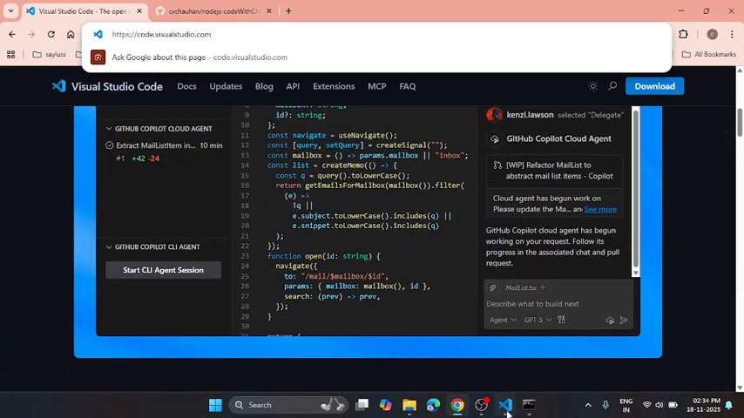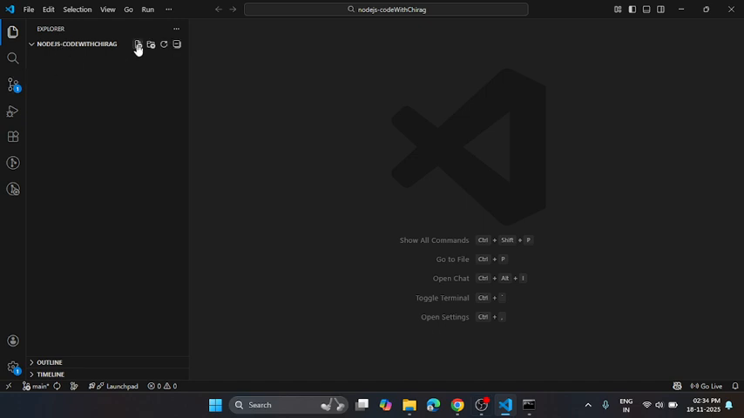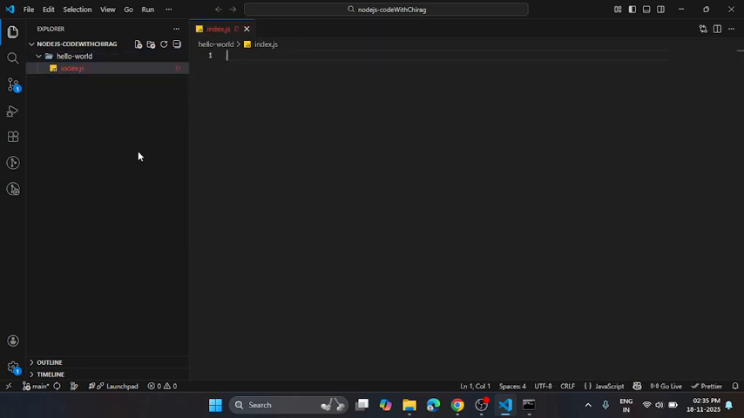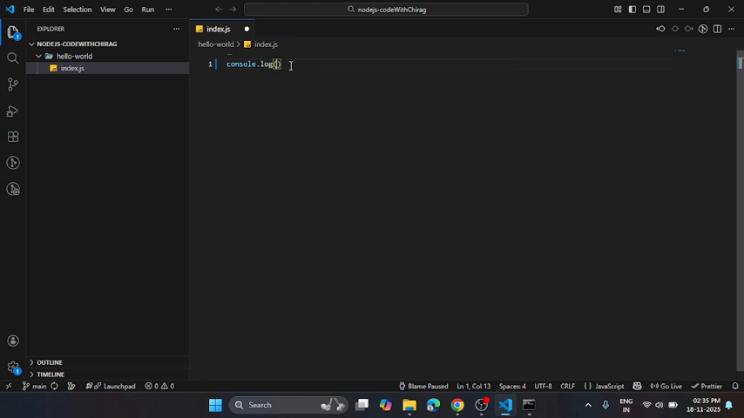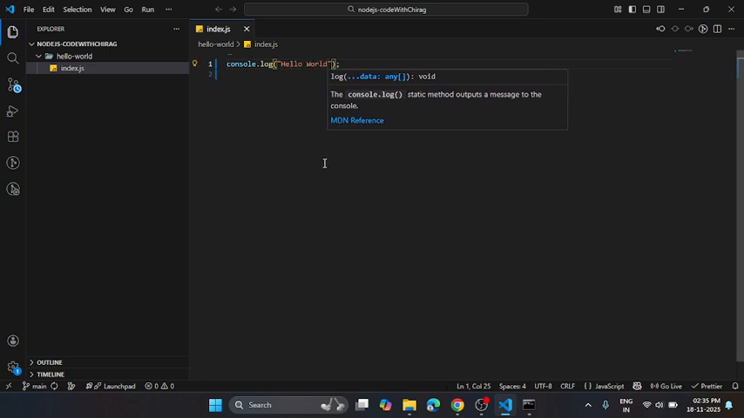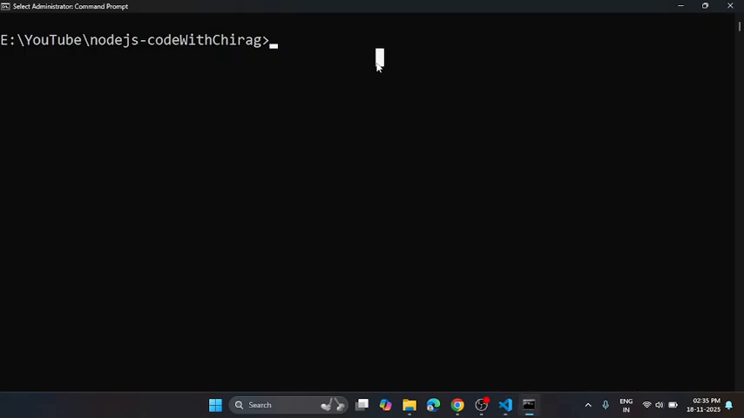I already installed it. If I open this, first I create a folder. Inside that I create a simple file, index.js, and write console.log("hello world"). If I save this and go to the terminal,